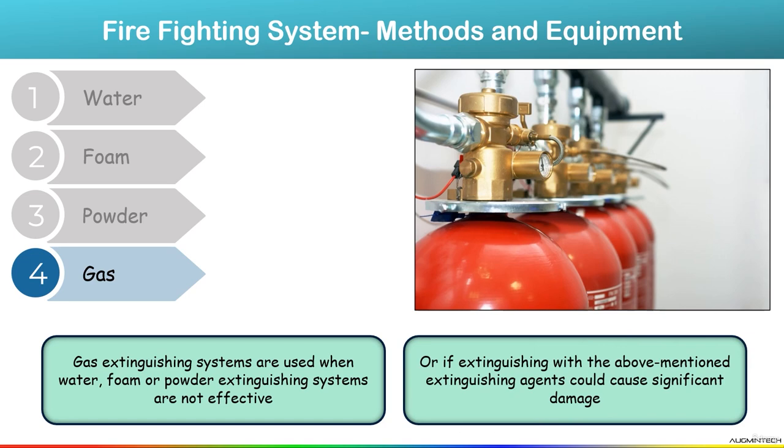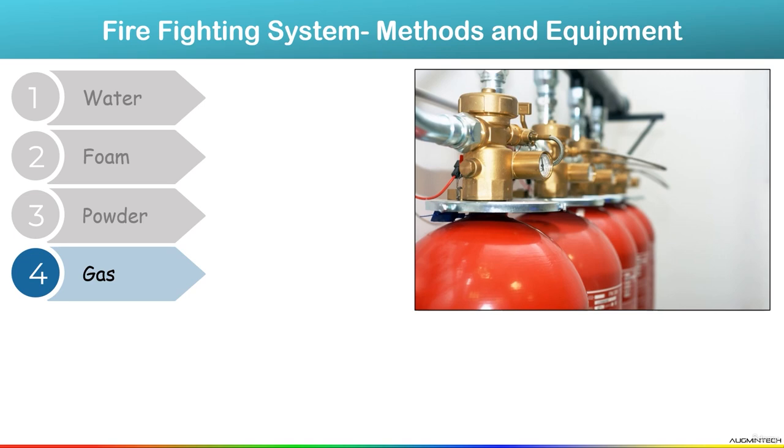As we know, a gas extinguishing system is a fire extinguishing system that extinguishes fire with the help of a gaseous extinguishing agent, either through oxygen displacement or through physical effect. However, because the oxygen is displaced from the building, humans are unable to survive for long. So that is why these gas systems are only used in special circumstances.